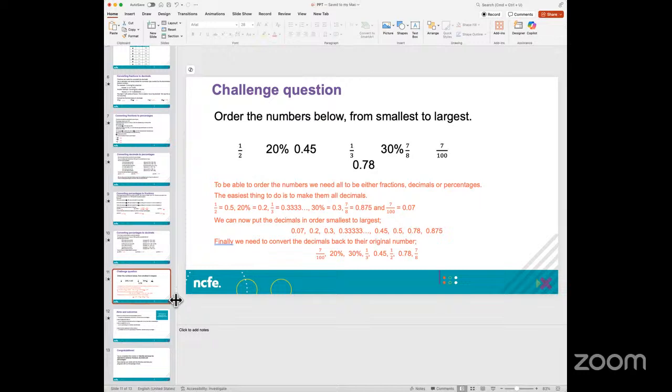So this last slide talks about understanding whether this is a fraction, a percentage, or a decimal, and how you would express that. And these are some exercises or activities that I would suggest you could do to practice what we have discussed today, covering fractions, decimals, and percentages. Any questions on this so far today?